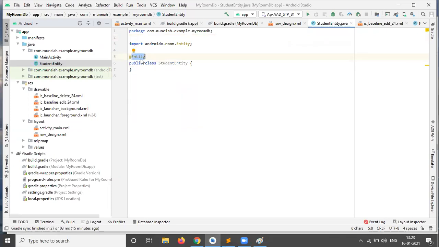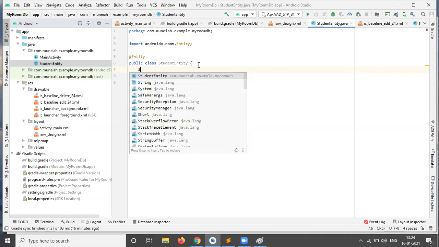If you give this annotation Entity, the dependency will come from the Android library, the AndroidX Room database library. Then after that, just take the string types.